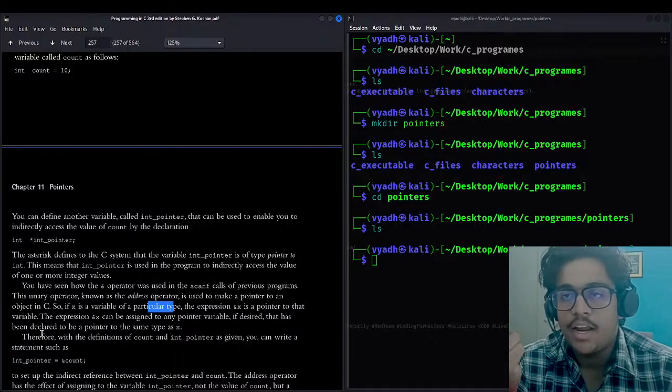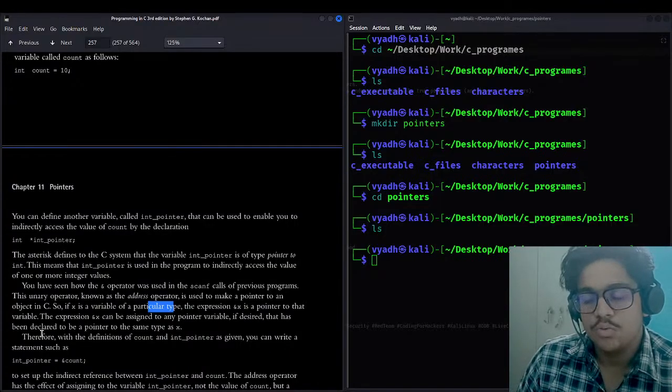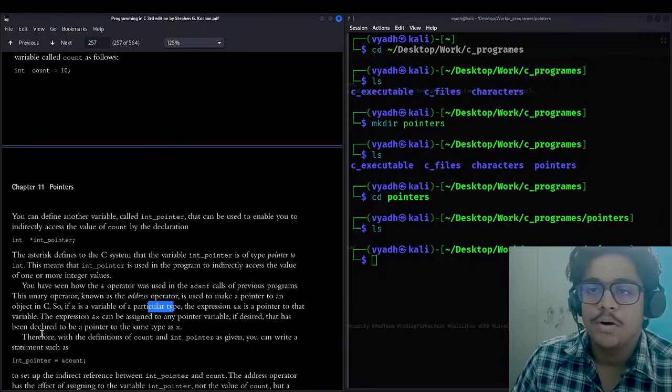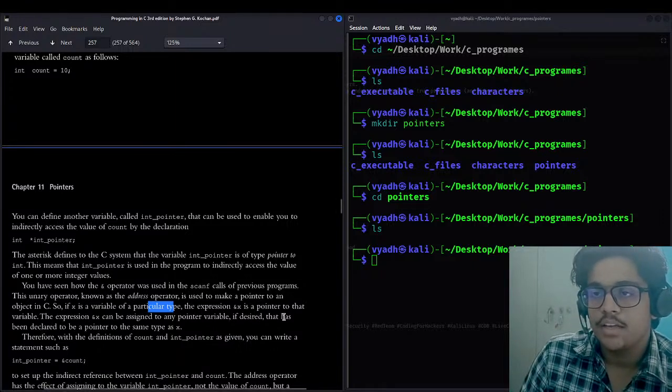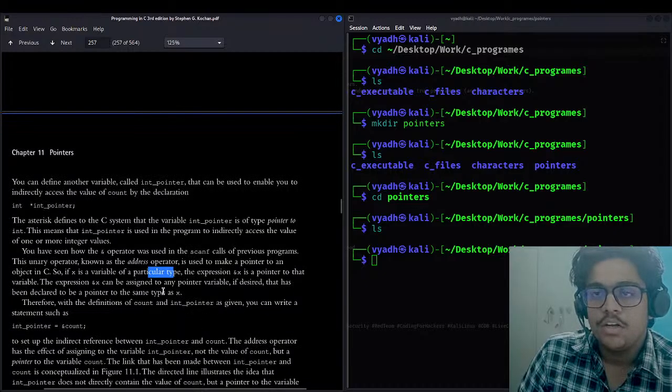It can be int, it can be char, and when we do the scanf thing, we use the and operator because we need to point at a particular object in C. So and x is a pointer to this particular variable x. The expression and x can be assigned to any pointer variable, if desired, that has been declared to be a pointer to the same type as x.